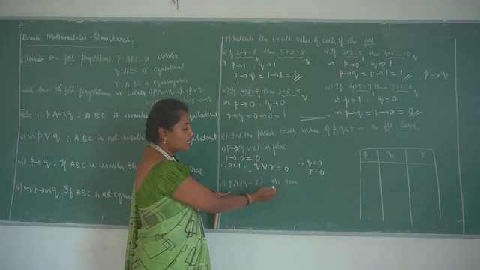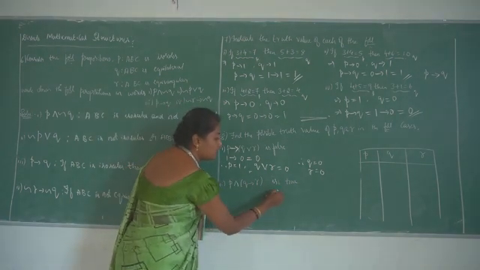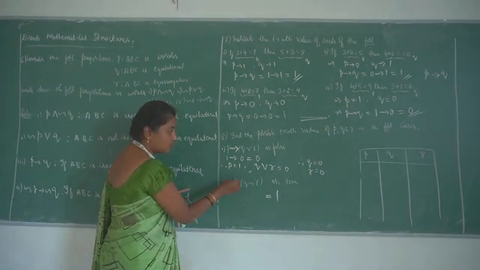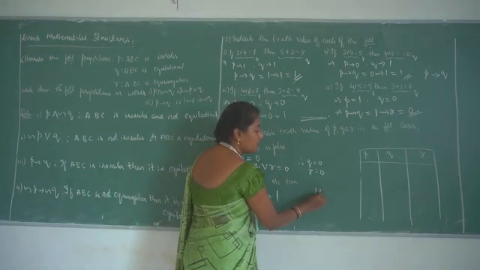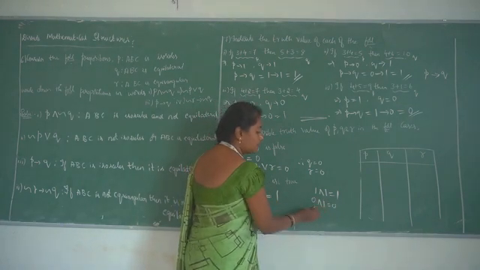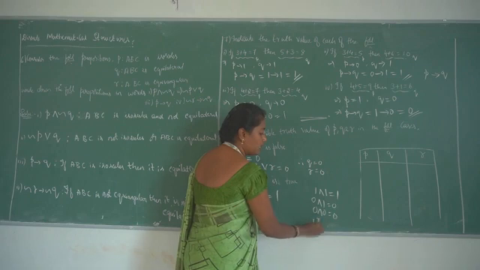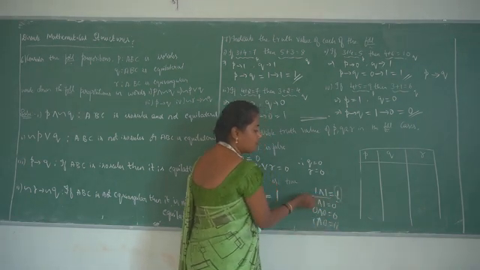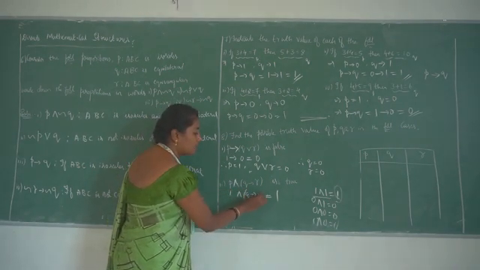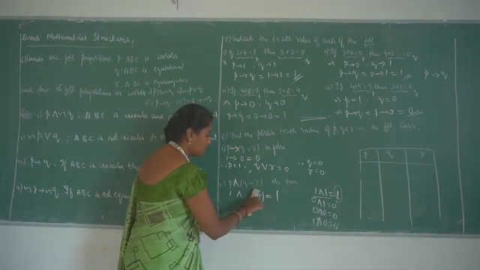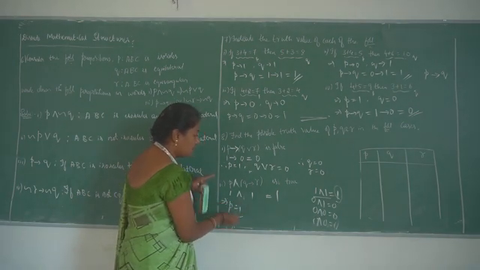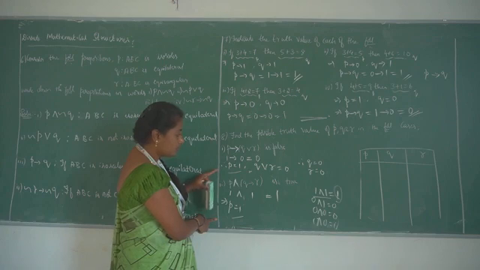q then r is a true statement. So the given statement is a true statement. For it to be true, since a simple conjunction is given, the only possible case is 1 and 1 is 1, because 0 and 1 is 0, 0 and 0 is 0, 1 and 0 is 0. So the only possibility is 1 and 1. That means p is 1 and if q then r value is 1. So the value of p is common in both compound propositions, the value of p is equal to 1.